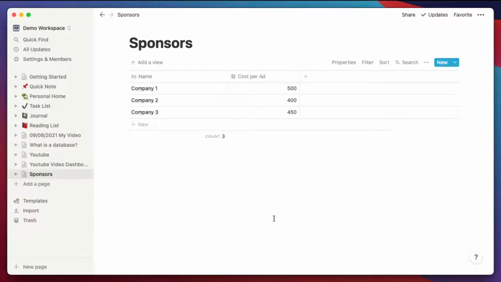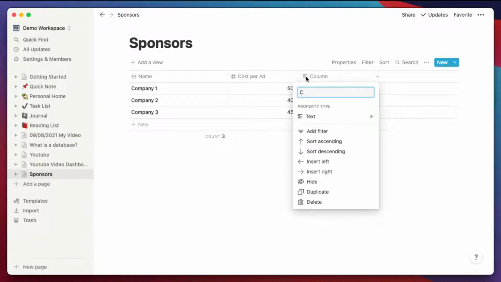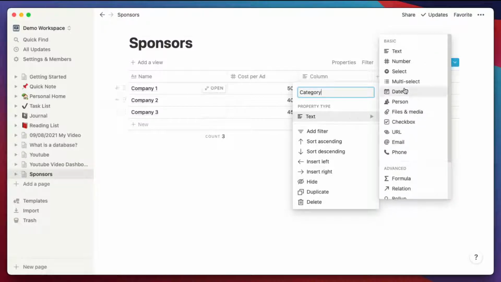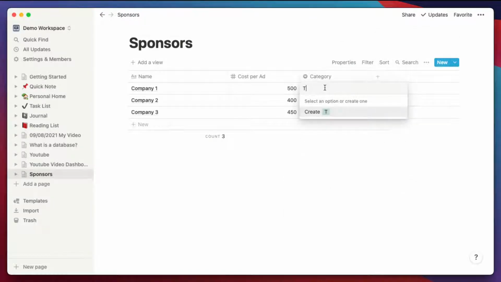Now, this is very simple, and I can just start adding a category or type of company. Let's select, let's say, tech company, so on and so forth. But we're not going to really get into these categories right here, okay?